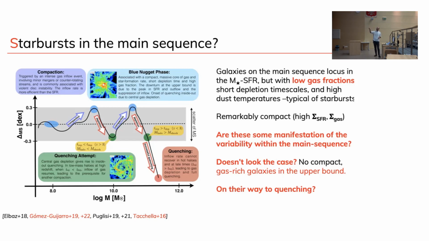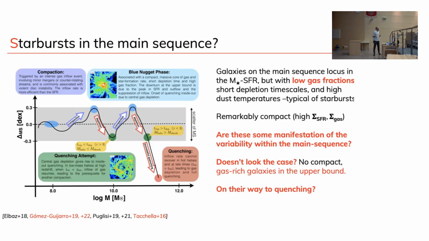But it might just be that these objects, maybe due to some mergers, something that happened, we understand how they get compact. The gas can be brought towards the center, but they might actually be on their way down. So maybe they're on their way down from the main sequence, maybe they're on the way down from above the main sequence, but being very massive and living in halos that are like a cluster, probably they will not have enough gas accretion to sustain another episode of star formation. And what we see is just the final moments towards quiescence. So they're small, they're very star forming, they're gas poor. So it means that they're going to run out of gas pretty fast, and we will have some sort of quenching.